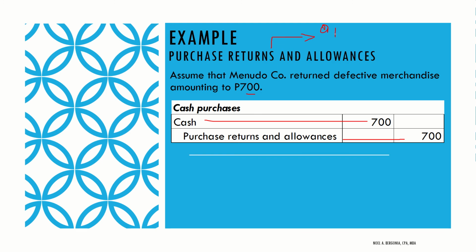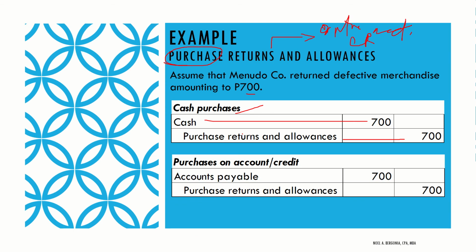Take note, this is a contra purchases account. Okay, contra account po natin yan. The normal balance of it is credit. So, bakit credit? Kasi yung purchases na kinokontra niya, ang normal balance ay ano? Debit. So, we credit the purchase returns and allowances and we receive cash for the refund if it is under the cash purchases. But if the purchases was made on account, then it will just be a deduction. So, our entry would be debit accounts payable, so bawas sa utang natin, and credit po, purchase returns and allowances.